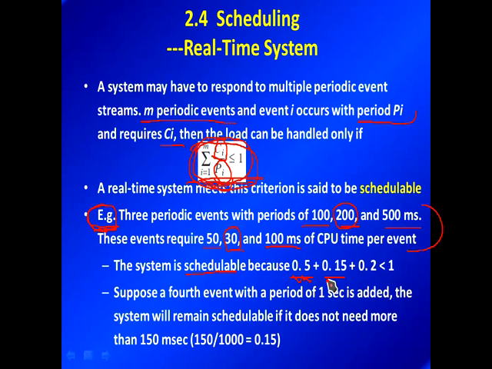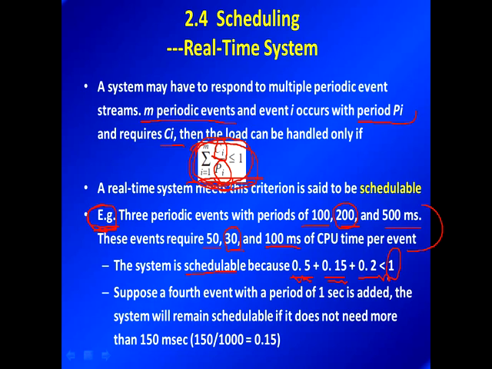So the result is 0.15, right? And you just calculate the third item in a similar way, and you get the sum is less than 1. It means for this system, the CPU has enough time to run all the instructions for all these